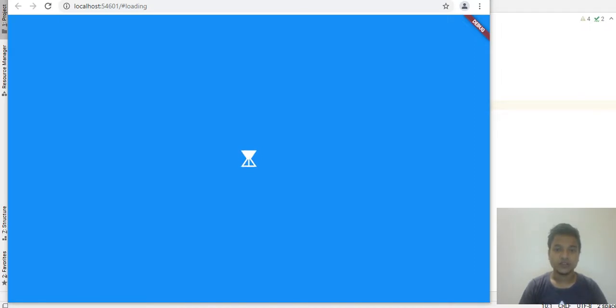In this series, in the current video, we are going to talk about how to use an internet connection, how to hit a third-party API from the net and fetch the details back in Flutter. In an earlier video, you saw how we put the spinner here. It will keep spinning till the data loads, and when the data loads it will redirect you to the next screen. That's what we have to do today in this video. So let's go back to the code and see what we can do.